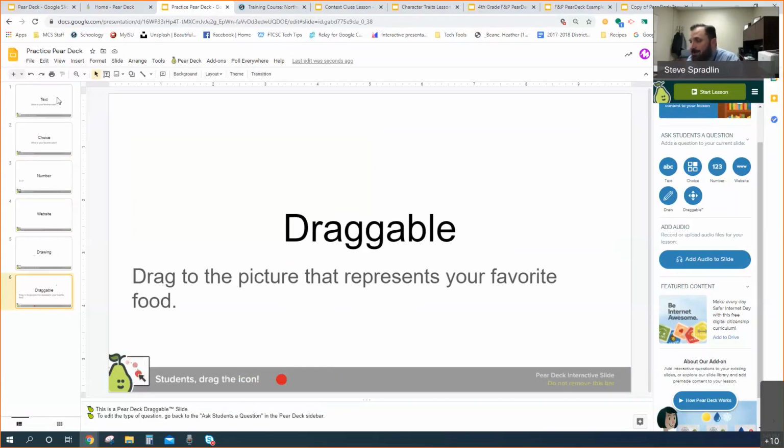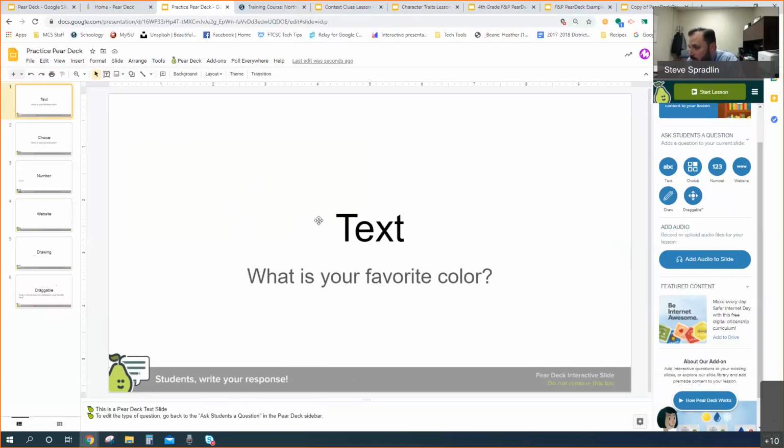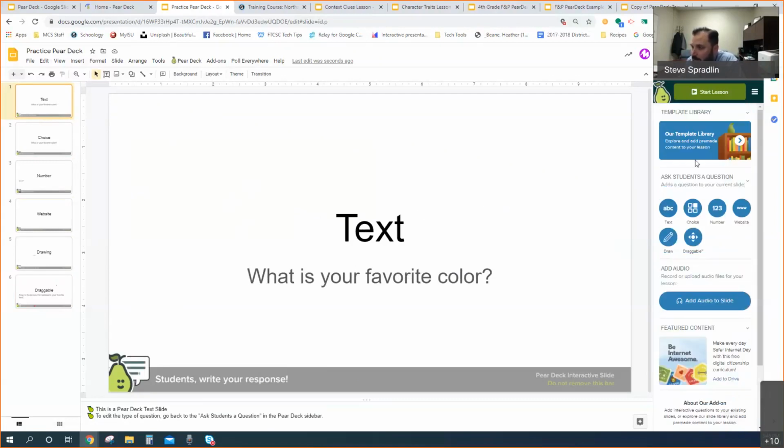So let's look at some templates that are already made. Now, again, I show you this because you can put whatever pictures you want here, whatever backgrounds, whatever questions, whatever you'd like, and start from scratch. However, maybe you're not feeling that creative. Maybe you want to take something that's already made and simply add to it. So let's take text up here. And instead of just using our basic slide here, I'm going to go to the right and it says our